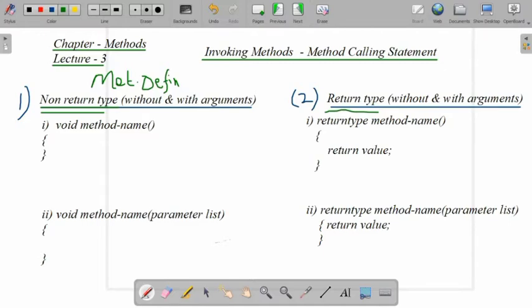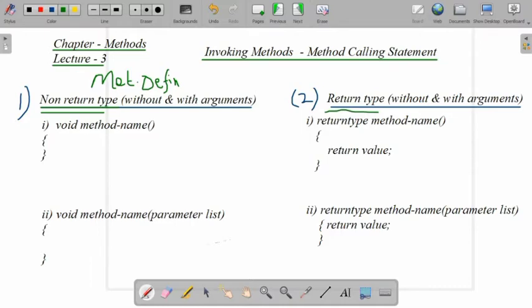Return type means it should return a value, which is a primitive data type or else some reference data type like a class or object. So those are the main categories of method definition. We can define a method either as non-return type or as return type.